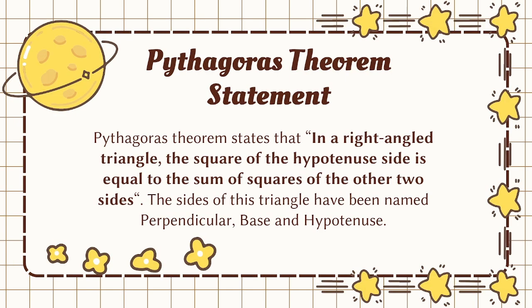First of all, I will explain the meaning of the Pythagoras theorem and the Pythagoras theorem formula. Pythagoras theorem statement: Pythagoras theorem states that in a right-angled triangle, the square of the hypotenuse side is equal to the sum of squares of the other two sides. The sides of this triangle have been named perpendicular, base, and hypotenuse. Next,